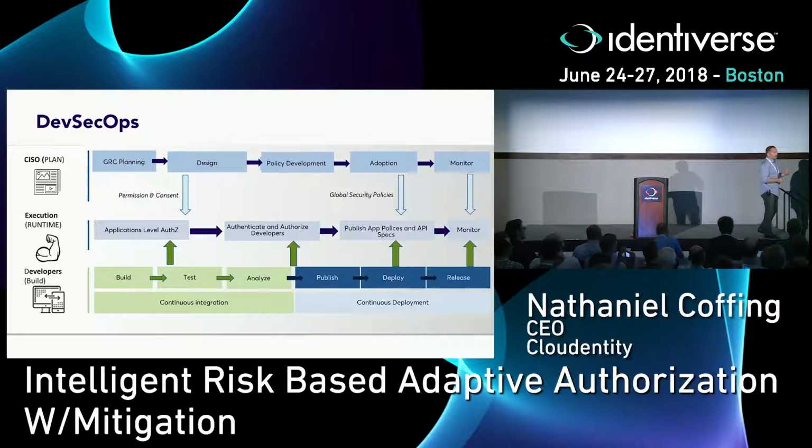Then I'm authenticating and authorizing developers as they go to publish code, to ensure that they're indeed who they say they are, creating a signature of that code so I can later perform an attestation that the workload is indeed who it says it is. I'm publishing the API specs so I can actually do inspections on distributed workloads at that application-specific perimeter to ensure that I'm meeting it all, and then I'm monitoring it all in the end.